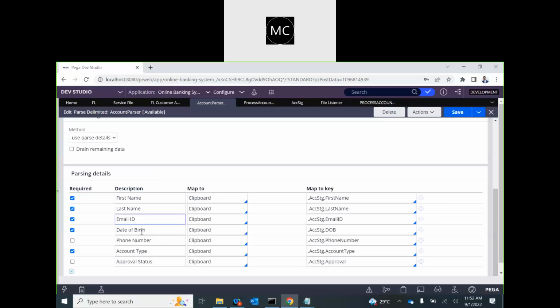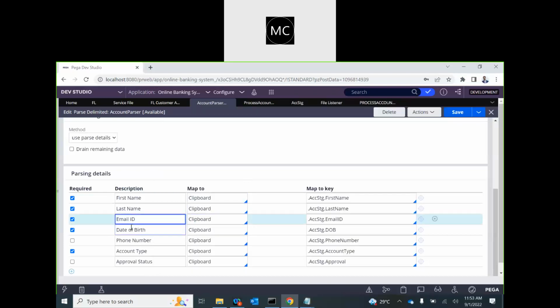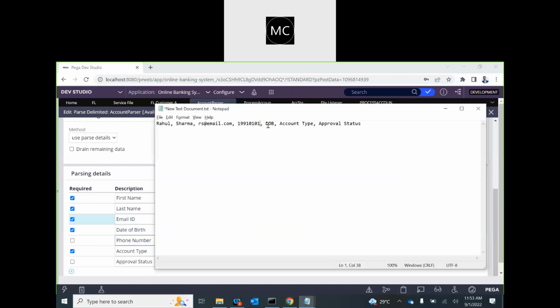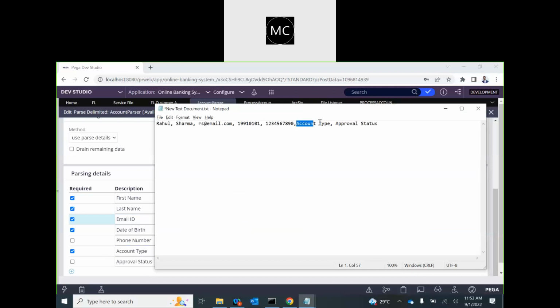and date of birth. So date of birth is going to be, so in Pega the date of birth is recognized like this: year, month, date, and then DOB. After DOB you have phone number. Okay, then you have account type, saving bank account, and then we have approval status. We will mark it as true. Okay,